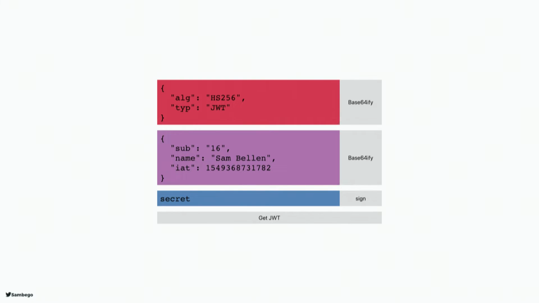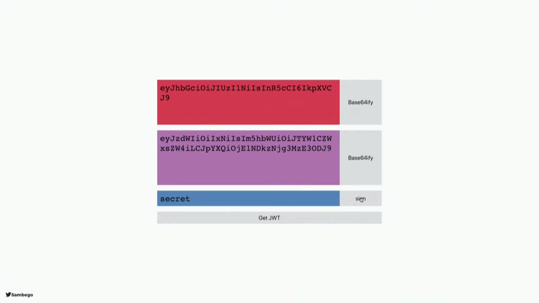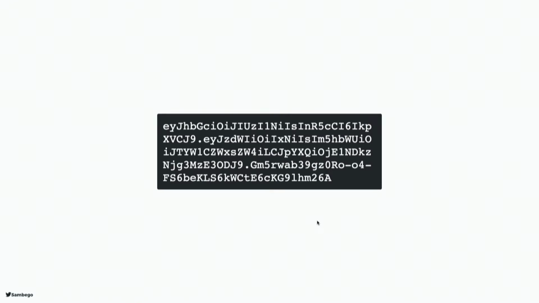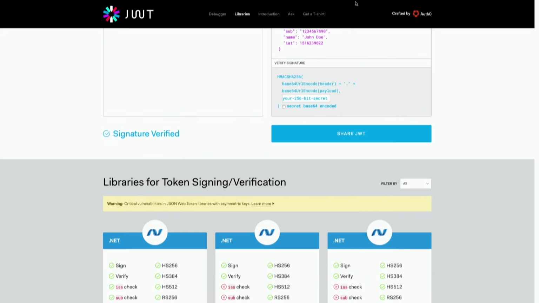So let's take a little example. We have our header, we base64 this, then our payload as well, and then we just run these two base64s through a signing algorithm, and you get the three parts of a JSON Web Token: header, payload, and signature. And if you then just put a dot in between the three parts, that's a JSON Web Token. If I would copy this here, and go to